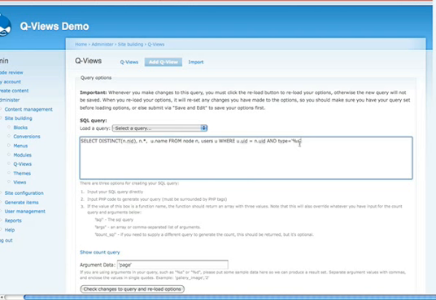So when we call the view programmatically, we would pass it an argument, and that's just through the Q-Views function. You'd use Q-Views, and the first argument would be the ID of the Q-View, which is visible in the Q-View browser. And then the next ones would be any arguments you'd pass to it, just like a